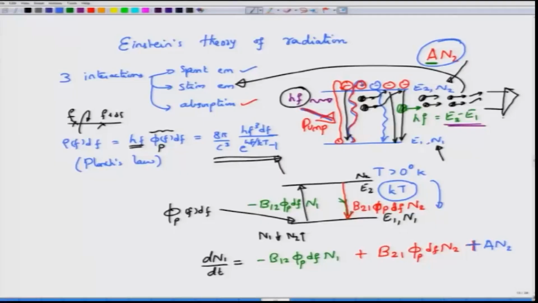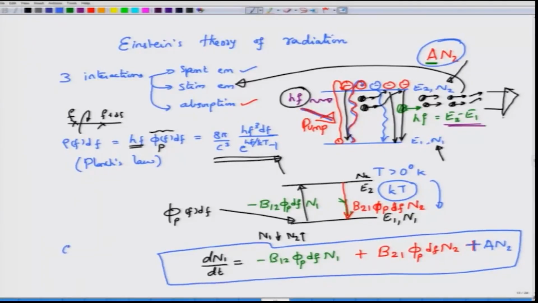changing. So, if you think of population density being decreased or increased as some sort of a current, then you can think of this equation that we have written as a Kirchhoff's current law, wherein the current in this particular node will be given by outgoing current plus the incoming current. Outgoing current is because of absorption, incoming current is because of the stimulated and spontaneous emission. So, we have written this equation, and I will leave as an exercise for you to write down an